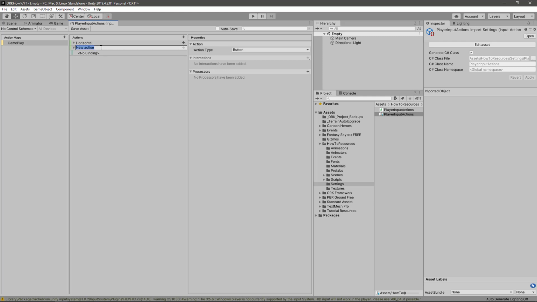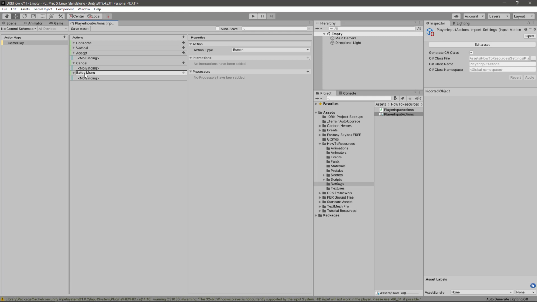Add a new one and call it vertical. Remember the ones that we saw in the ORK Framework editor. Create a new action for accept, a new action for cancel,